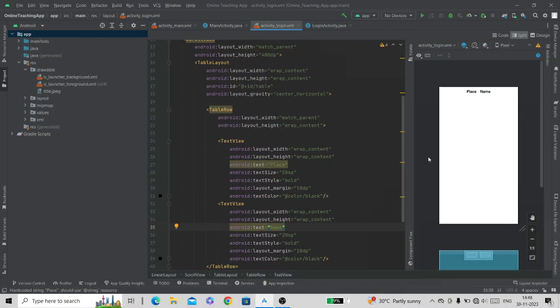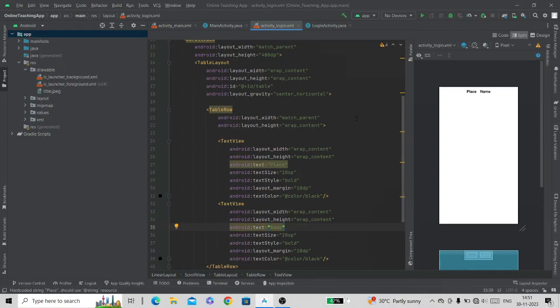We want to add more rows for our data. We can add more rows by copying this table row multiple times. But as you can see, there are some problems doing this. We have encountered two problems here. First is that the XML code will get lengthy and complex. Second, the row data is fixed and we can't create it in real time.